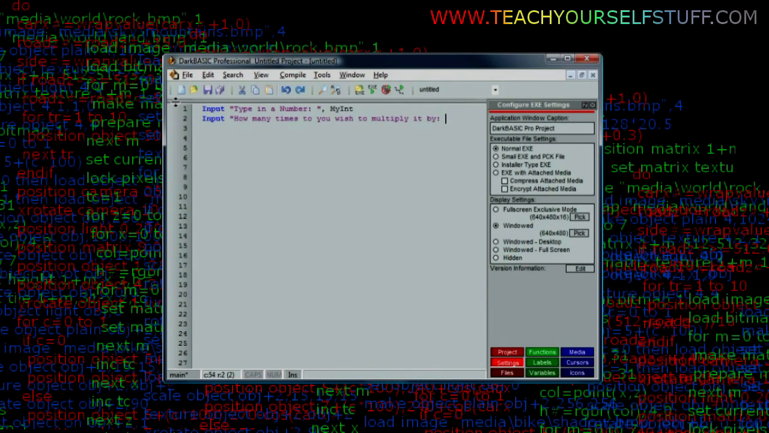So we've now got input, how many times do you wish to multiply it by, comma, and we'll add my int 2. And now we're going to tell the program to multiply whatever the first number the user types in is by whatever the second number is. So print, you can actually do this directly within the print statement, my int times by, which is the asterisk key, my int 2, again, wait key and end, click on run,